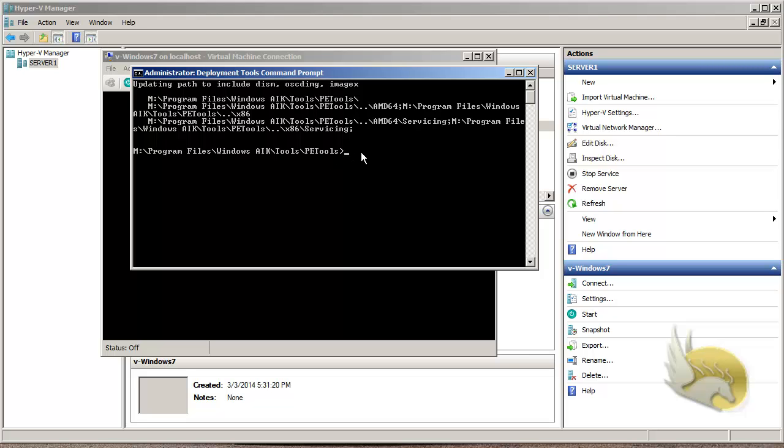Inside this PE Tools I want to create a copy, using the copype tool, and I can see that copype supports different architectures of your CPU. x86 is for Intel based 32 or 64-bit CPUs, AMD64 is for AMD, and Itanium based CPUs will use the IA64 architecture. I'm going to use copype and select x86